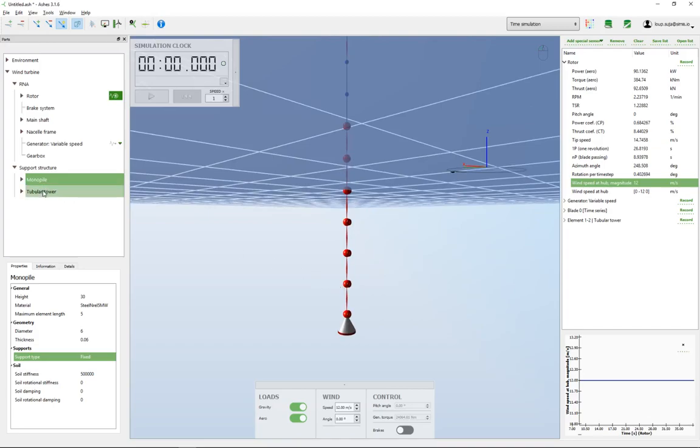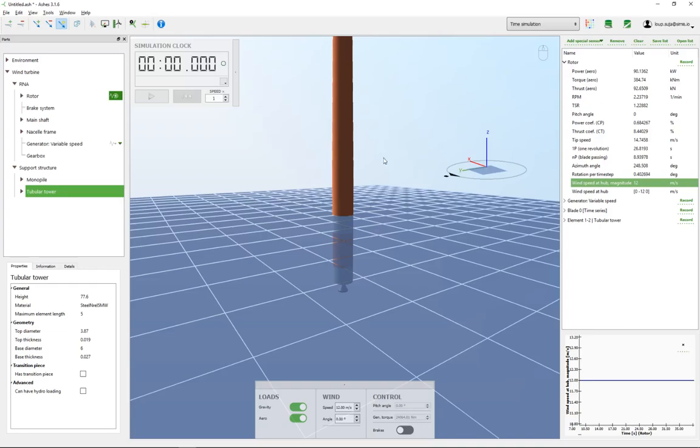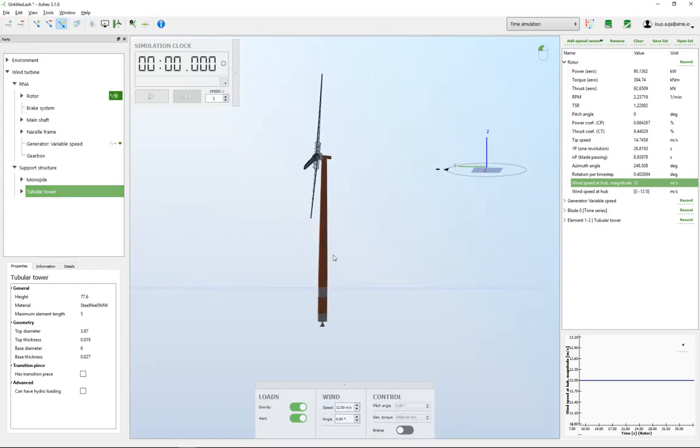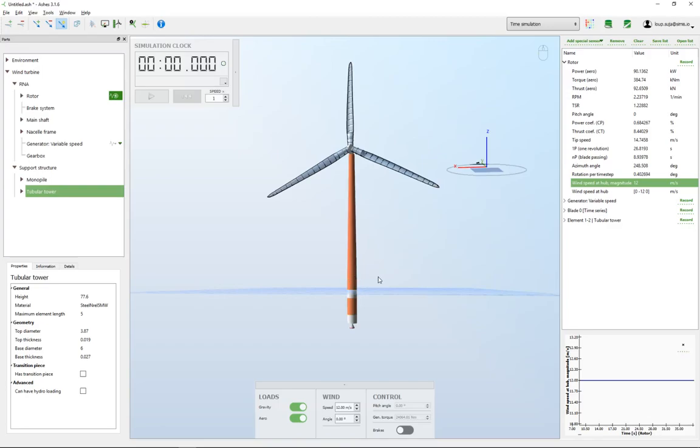And the next thing that we can see is the tubular tower. I'll just go back to this 3D mode because it's kind of nicer. So the next one is the tubular tower here. And okay, well, there's some strange thing happening because the tubular tower should arrive all the way here. So I don't know why these elements are selected, but yeah, it doesn't matter for what we're showing. Anyway,